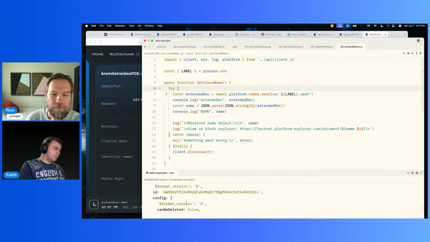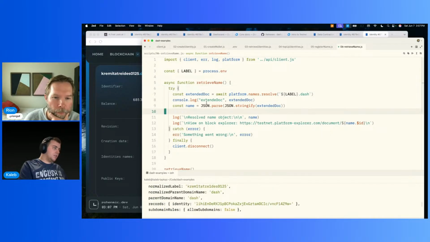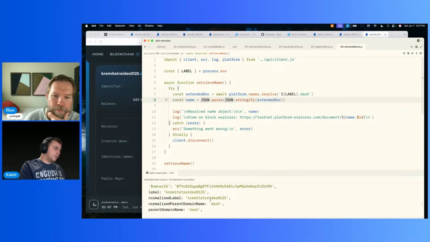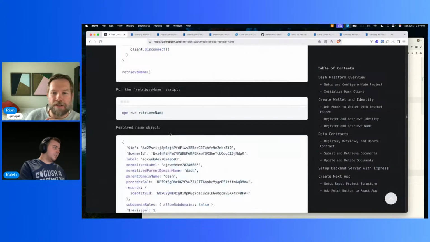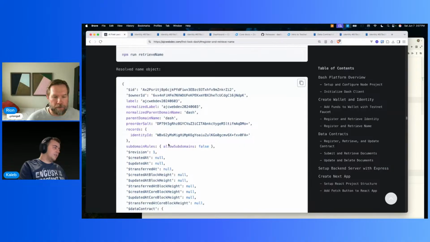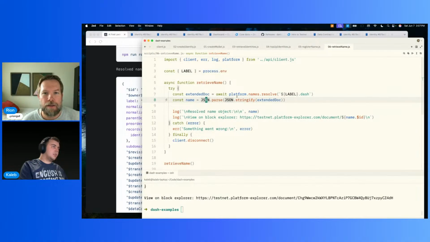Well, you got something. Yeah, we got something now. So that's what we're supposed to get. That one was successful. If you change your environment variable back to the previous one,